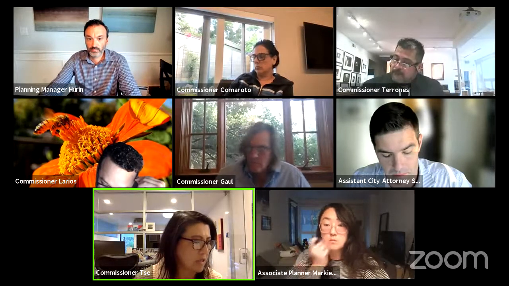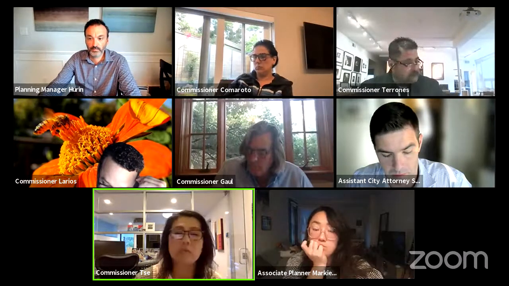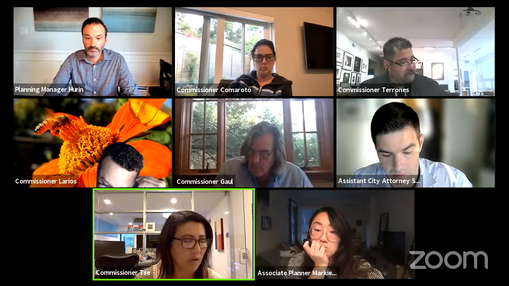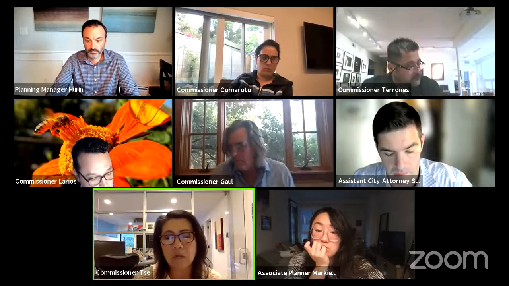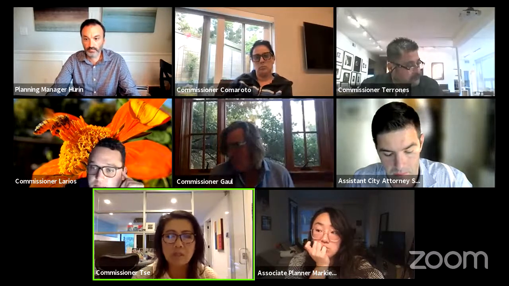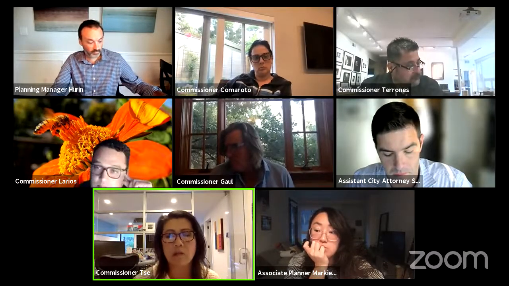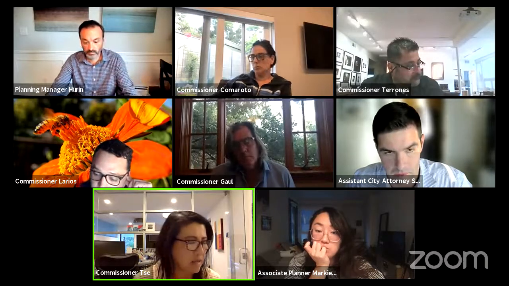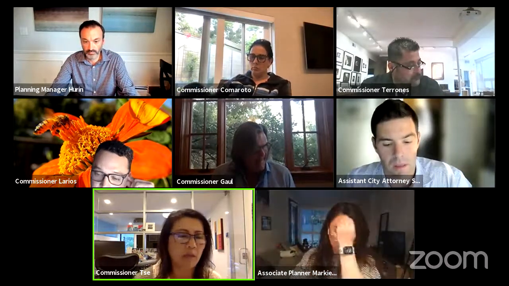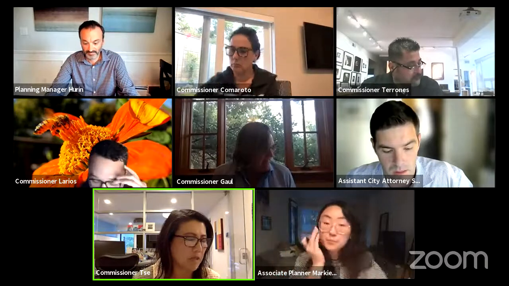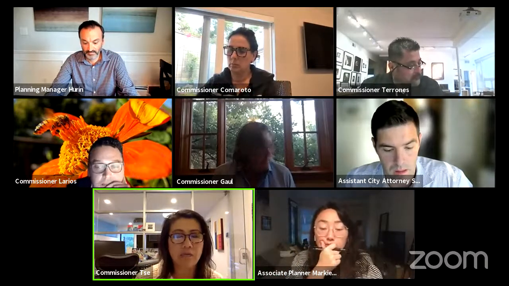You could benefit from reducing the height of the structure overall and sinking it down a little bit lower. A lot of the homes in that neighborhood are nestled into the downward slope of the hillside. And this one is perched on top, and I think in terms of massing, doesn't reflect the neighborhood.